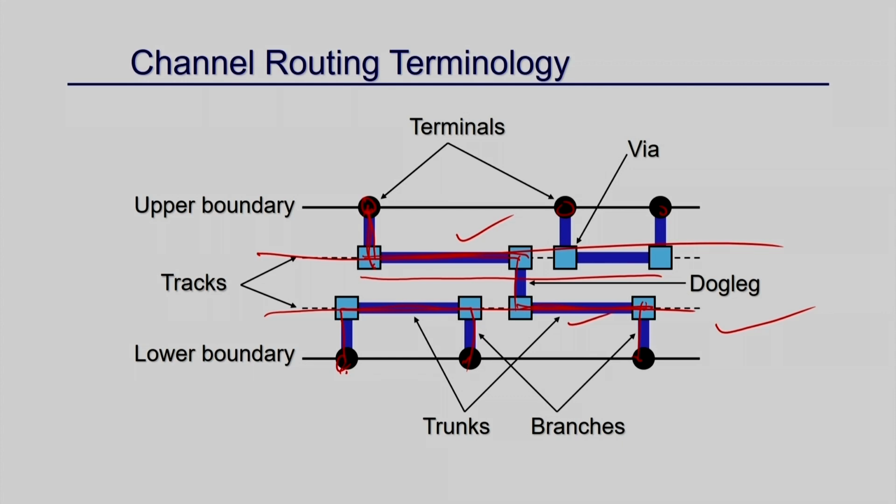Okay. So these are the kind of terminology you should be aware of. In a channel the pin configuration is given, and what connections I have to make is also given, and you try to put all these connections in the minimum number of tracks. Sometimes you make the whole connection in one track, or you have to split it, which is called a dog leg.